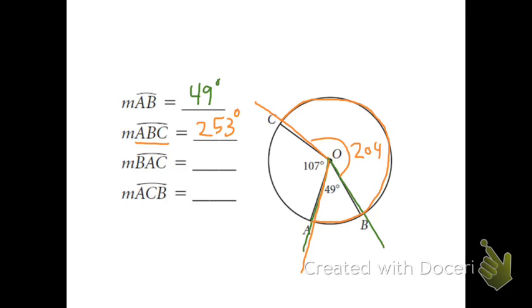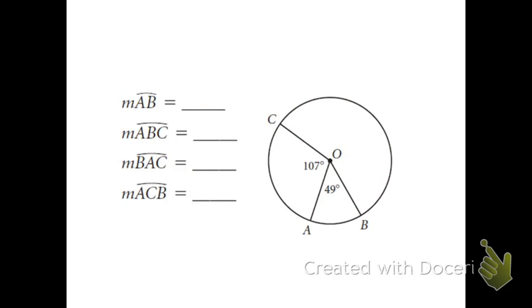Angle BAC, well, to figure this arc out, I'm just going to add the measures of arc AB and arc AC, which would be 49 and 107 respectively. So that would come out to 156 degrees. And then ACB, well, same idea. I would have to add the measure of arc AC and arc CB. So I would say it's 107 plus 204, so that would be 311. Alright,